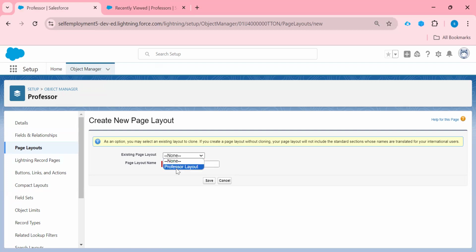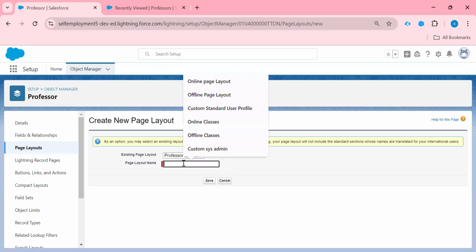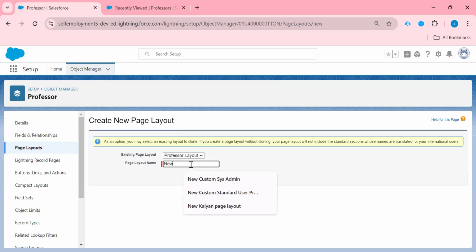So here is the professor layout, that is the default one. I select this and I can give a name, custom page layout. You can keep your layout name as per your requirement. Just click on save.